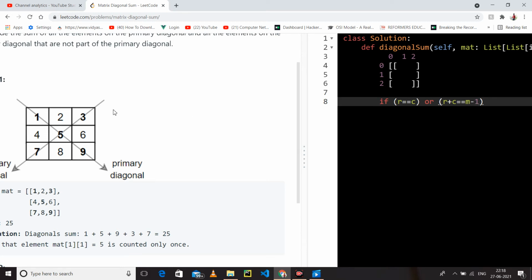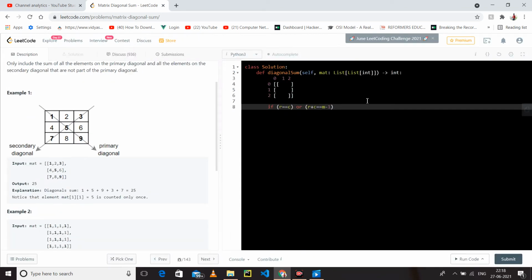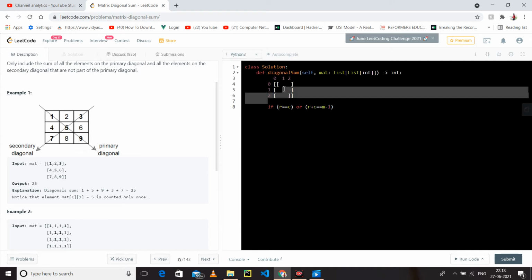M is in this case 3. So 0 plus 2 is 2, and m minus 1 is also 2. Because m is the length of the matrix. And what is the length of the matrix? This or this. So I hope that you have understood. I do not need to explain more, I think, because that is enough to make you understand.